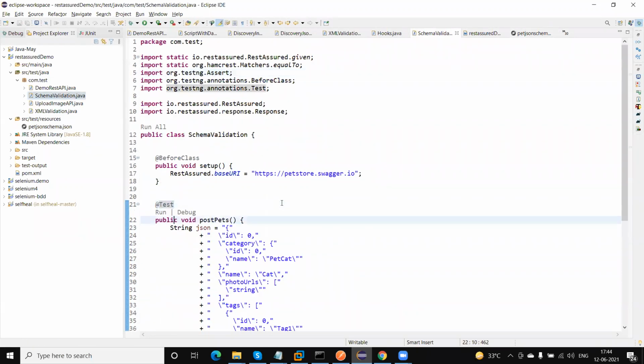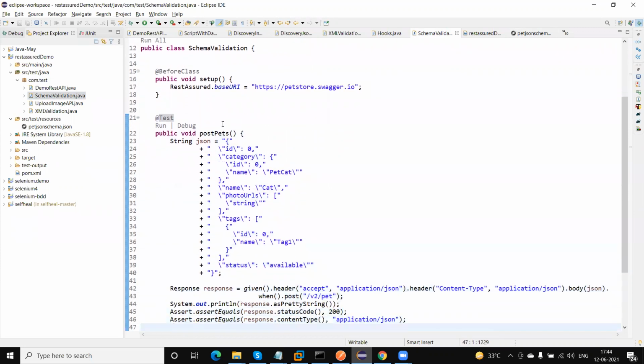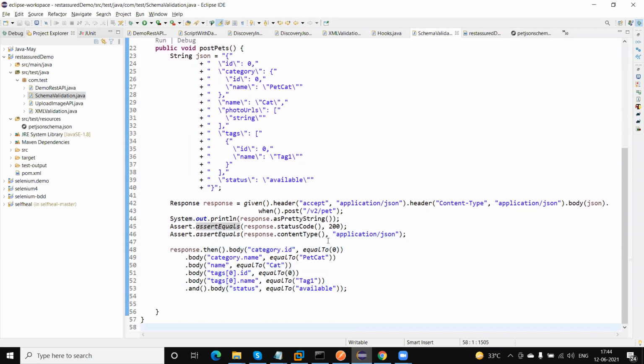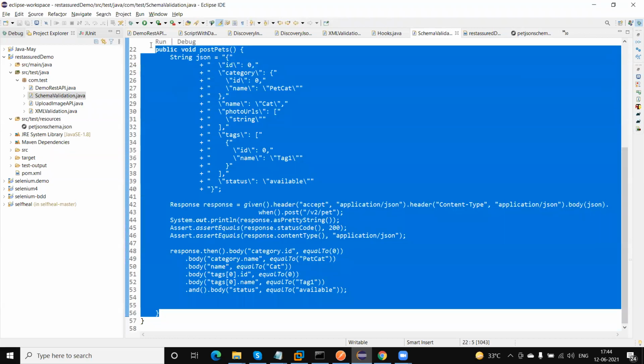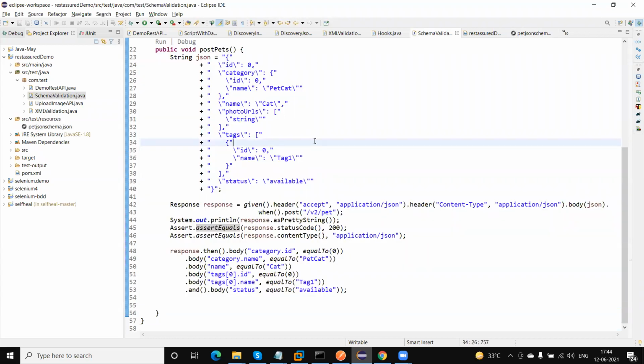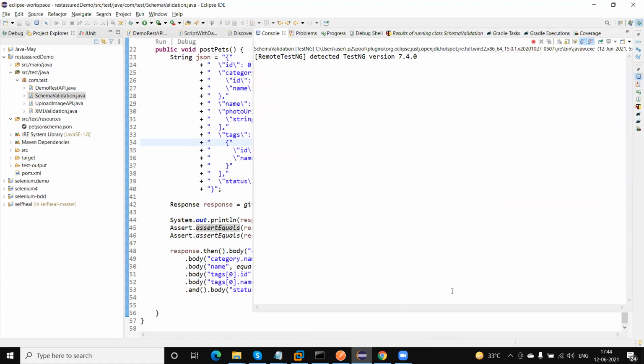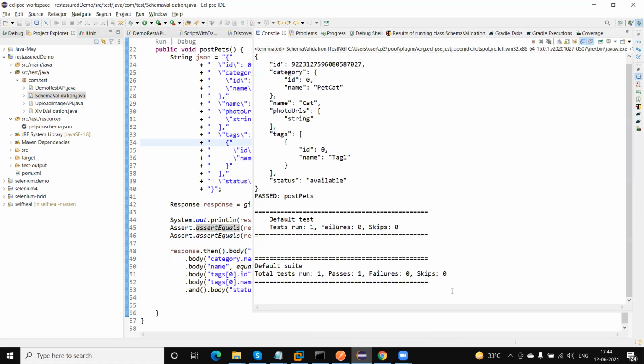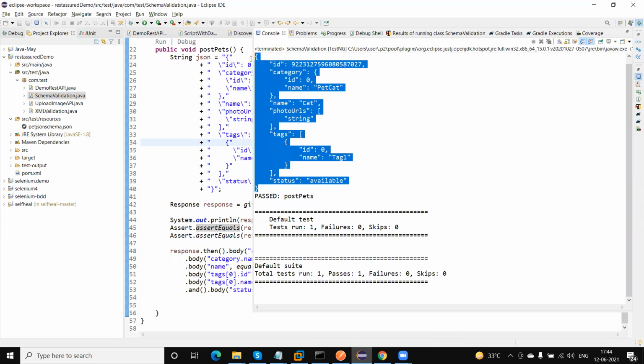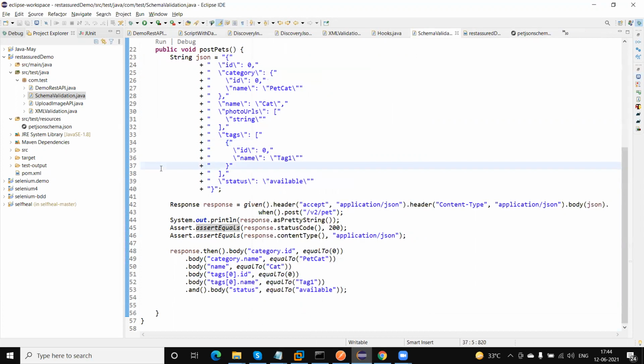Okay, so now you can see this is the API which I have automated, the POST API. When I send the request, we will get the response. I am not going in depth on this method, because I have already created it and discussed it in the previous example, how we send the POST request and how we validate the response. Now I am going to add one more thing: how we validate the response JSON schema. If I run this, it will add the data into the database and return the response like this. Okay, so next we need to validate the response JSON schema.